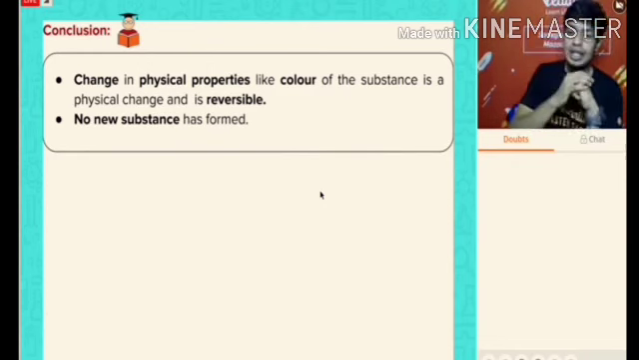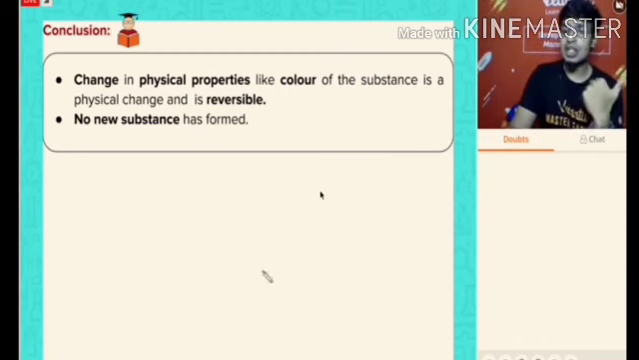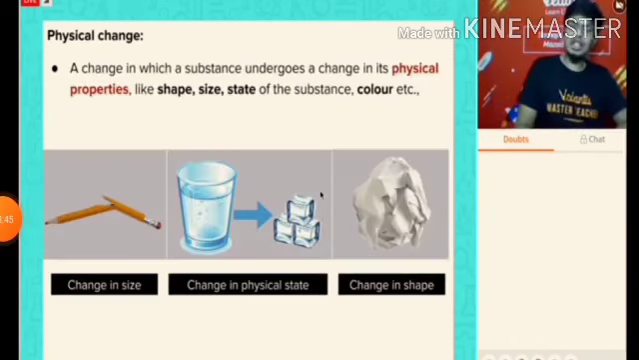Here also there was no new substance formed. So this is also an example of a physical change. Are you guys with me? A quick physical change is